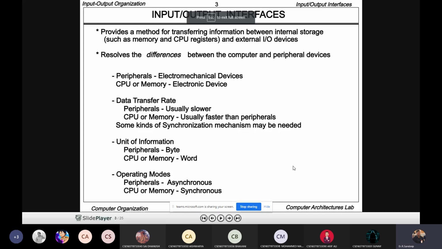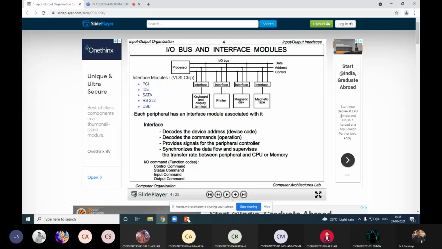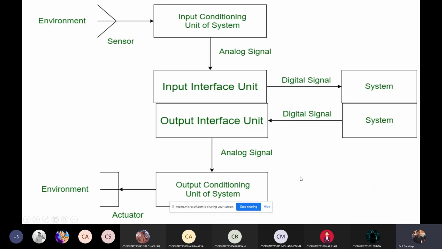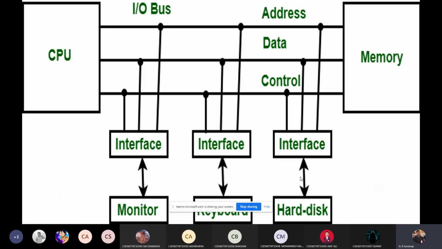So here, this is about the interfaces, and now we are exactly seeing the bus, the IO bus. The concept is called IO bus. You can make a note of it. Input output bus, along with an interface. The interface, in 5 minutes you will know the complete information about what it actually is and what we are going to do with that interface. But first of all, try to understand this concept.